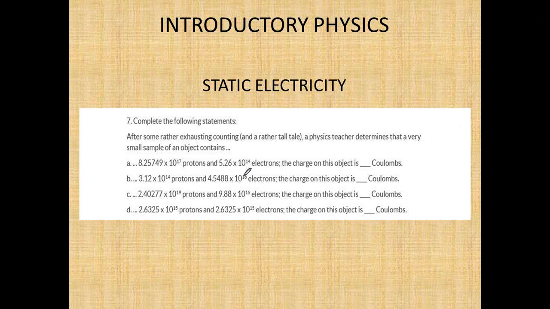Remember that electrons are negatively charged and protons are positively charged. So you always have to remember that. So the excess of electrons, EE, is equal to